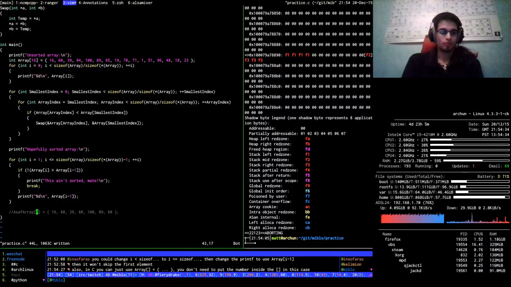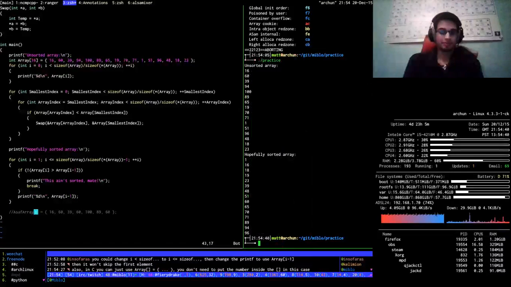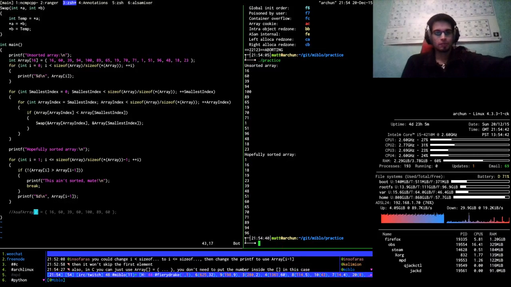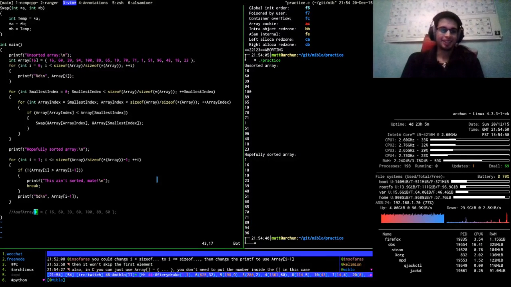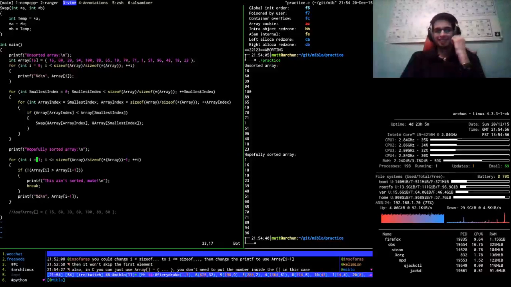Awesome. That's handy. So now we're missing out the final elements. Missing out the 100. Ah, dear. Surely I don't need to do two loops just to print this damn thing out, do I?